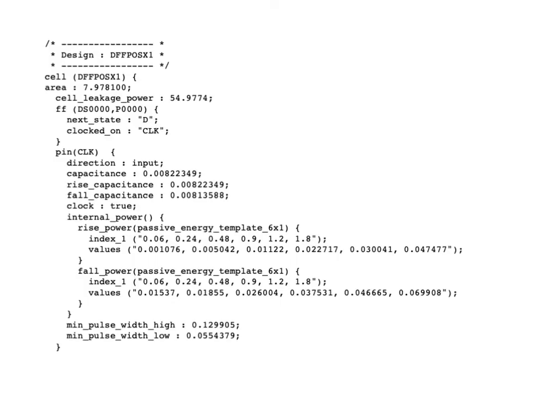We see that the leakage power is just given as an average value and not a conditional value. And we have associated with the input pin here the capacitance, average capacitance, rise capacitance, fall capacitance, and this specifies that this input pin is actually a clock. And internal switching power, that is power associated with the short circuit current, can be consumed by clock transitions, and this